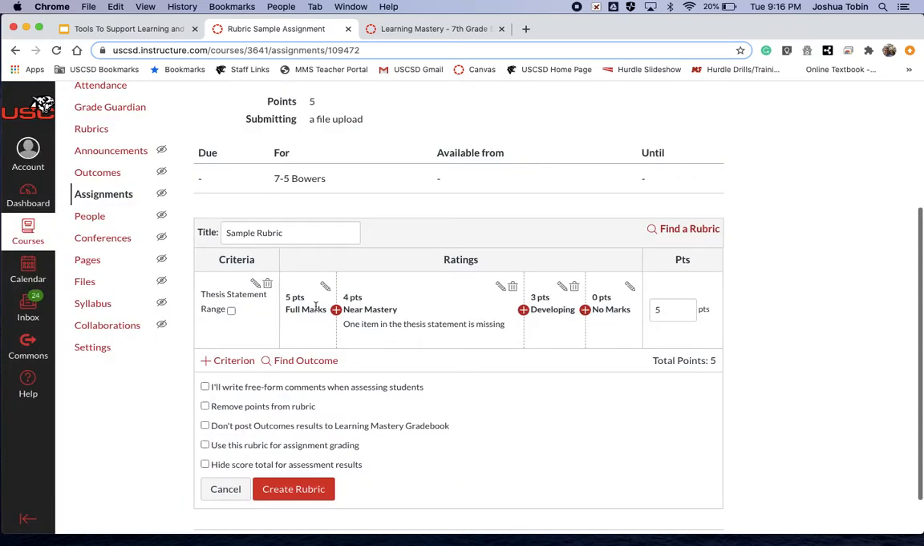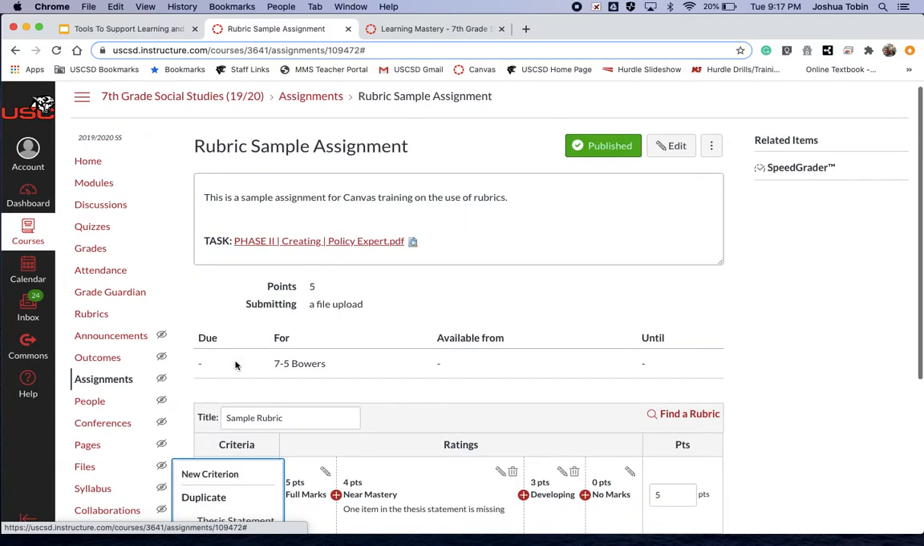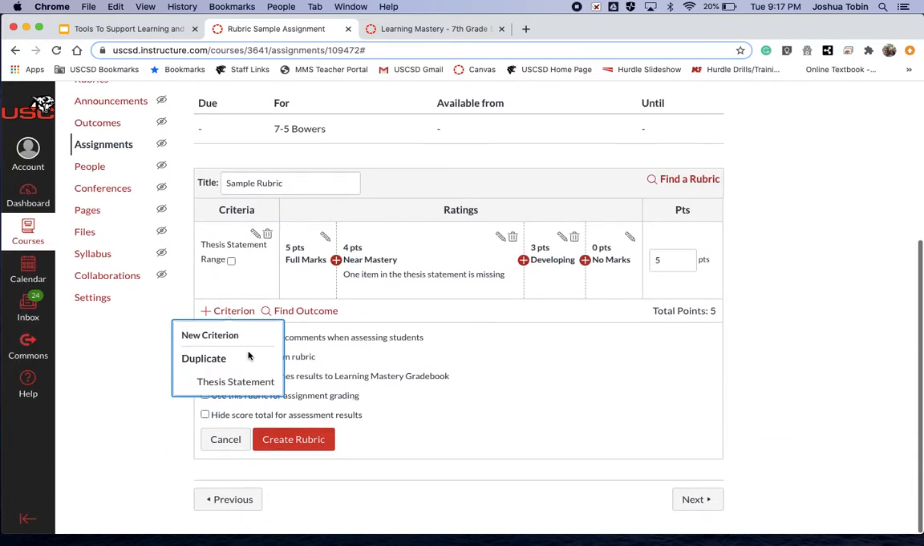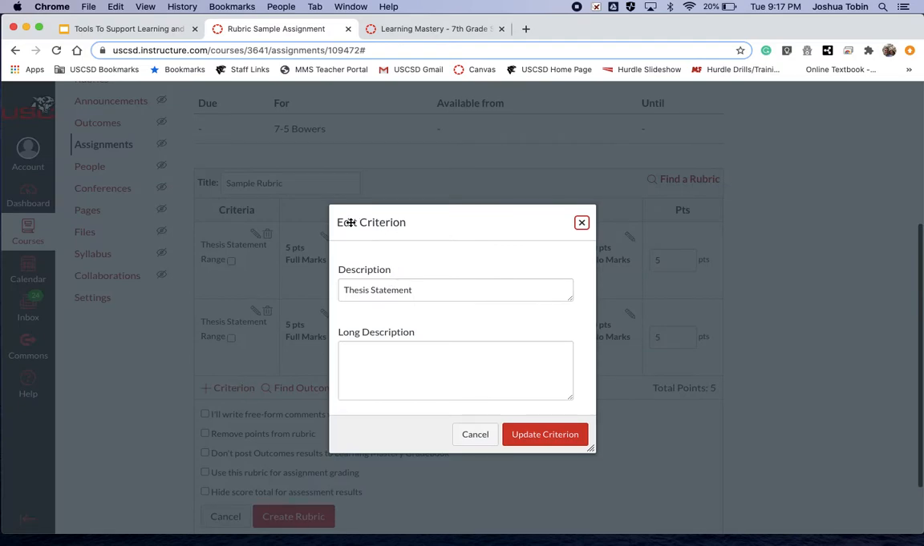Then if I want to add another criteria, I simply click right here where it says plus criterion. And one of the new updates with Canvas now is that you can either create an entirely new one that's worth a different point value, that has different formatting, or I can duplicate the one that I've already created for this rubric. So if I choose this, if I say I'm going to duplicate the thesis statement, now it's going to ask me what do I want to call this new criterion, and let's say this one I want to call